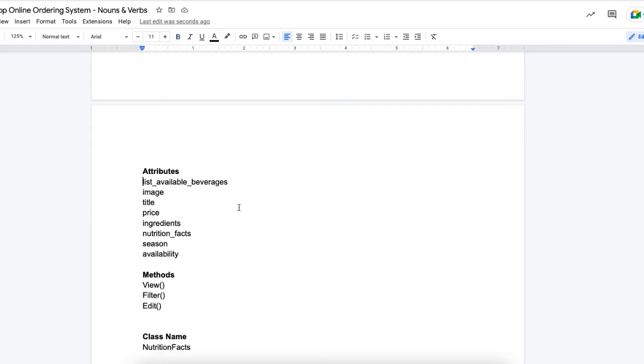So we're going to deal with this one again in a second. Image, title, price, ingredients, nutrition facts. So that's another class. What's our nutrition facts class down here? Season, availability,